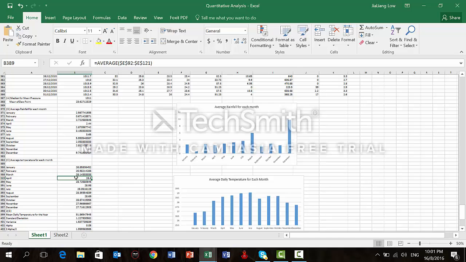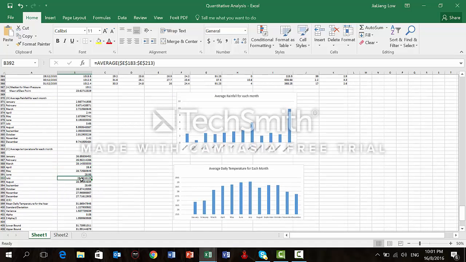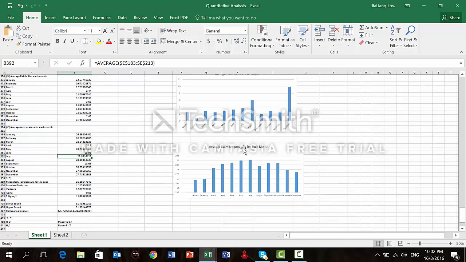They ask for average temperature, so I use the equals average function to calculate the average temperature for each month, and then I also plot the same graph. I do the same thing for question B. And